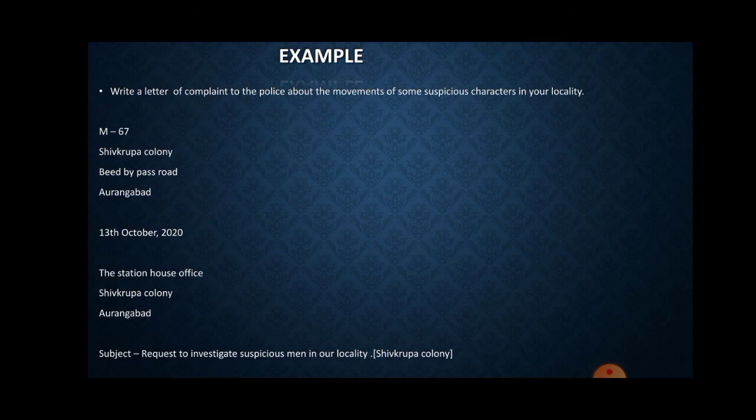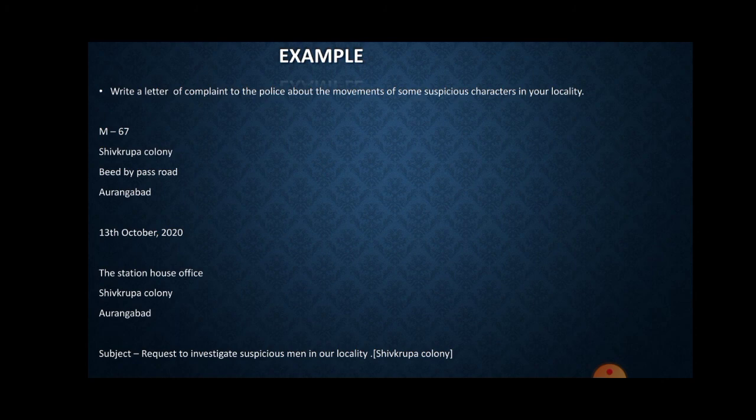First of all, we should write the address, means sender's or writer's address. Here I have written M67, Shiv Krupa Colony, Bir Bypass Road, Aurangabad. Then leave one line and write the date on which you are writing a letter. I have written 13th October